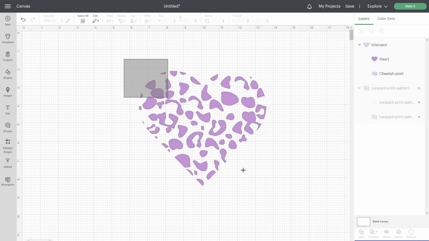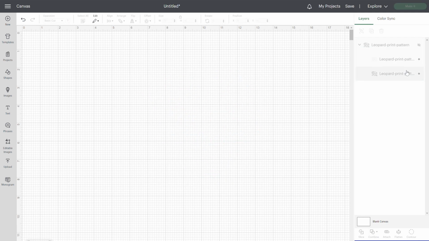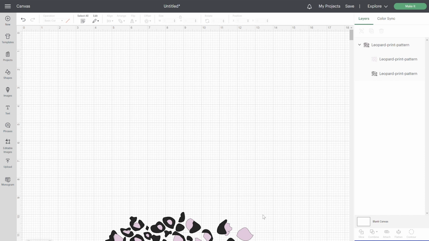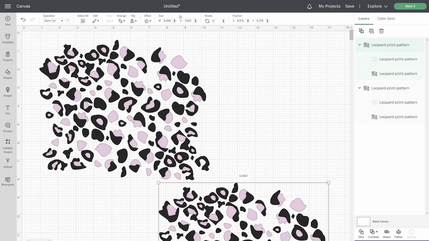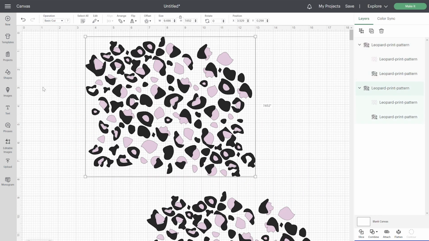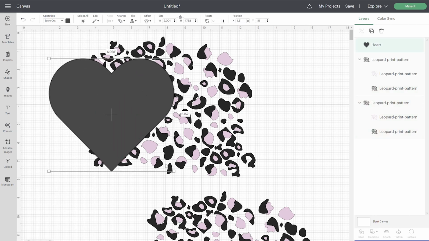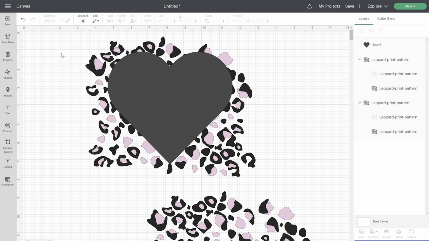So for example, let me get rid of this one, and I'm going to show you like this one, because a lot of times I like to use the two colors in my leopard print. I'm going to duplicate this so I can show you what I mean, because telling you again and showing you, it makes a lot more sense when you see it. So we have multiple layers here,